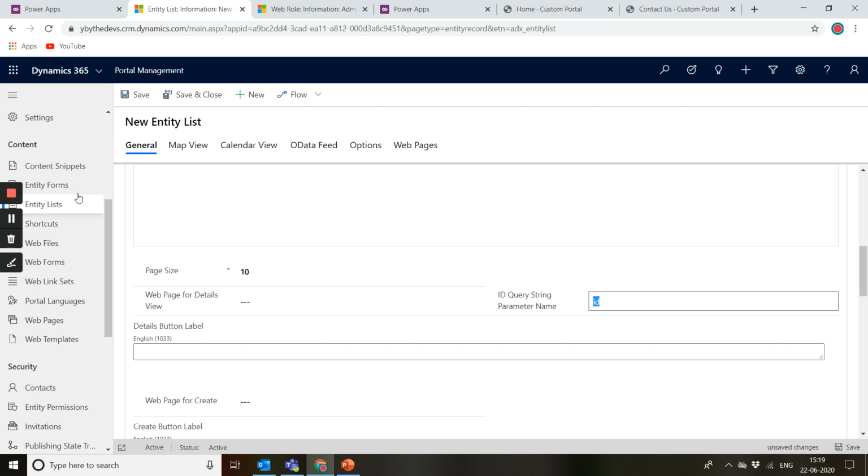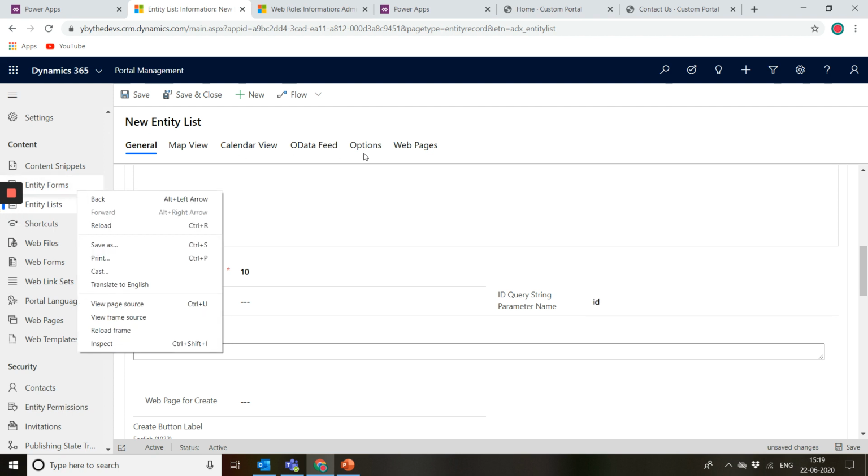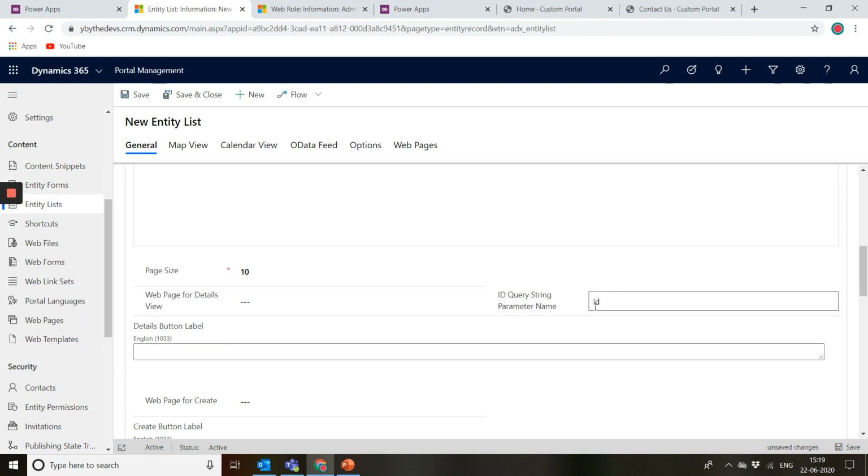Like when we configured our form just some time ago, there was this id query string as well, for how I should identify the record which will be displayed in the form. So this is where it comes from. I can select the web page for detail, and if I select, let's say, record A, it is going to automatically append the ID of that record in the URL. So that is how you can configure it easily.